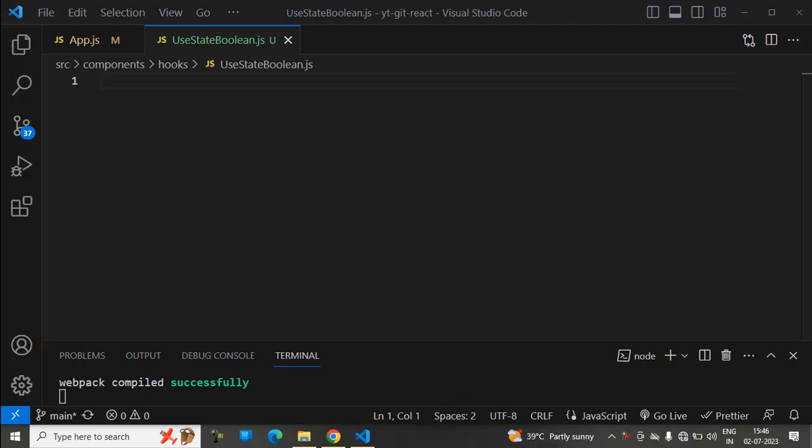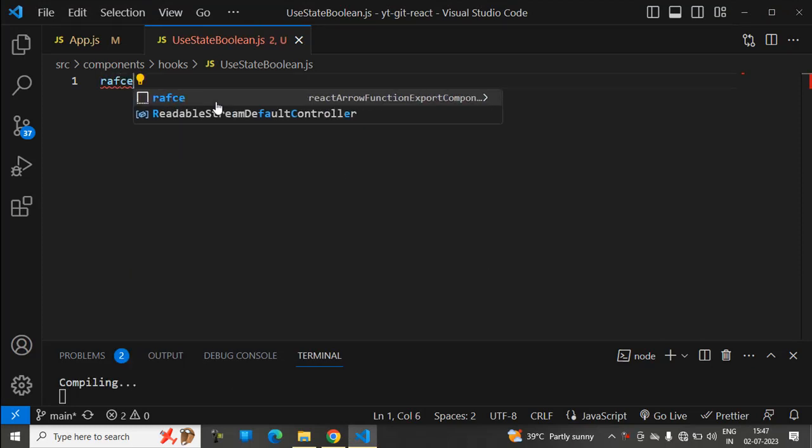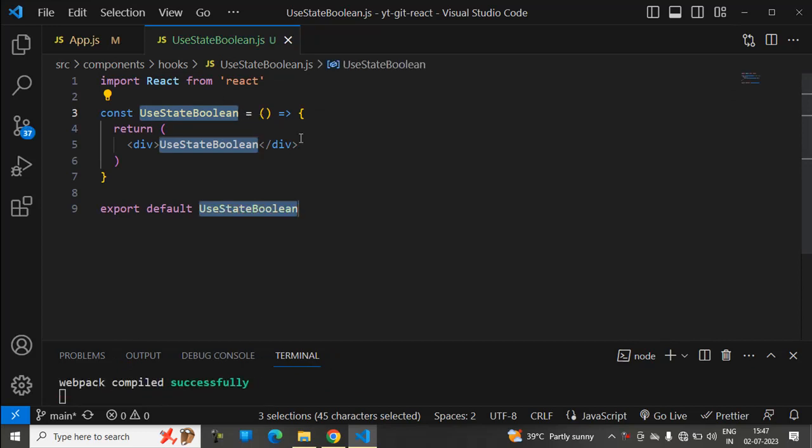Hi friends, today we are going to learn about useState with a Boolean variable. Let's get started with the RAFCE shortcut. By using this, we will get the template. So by using Boolean with the help of useState, how are we going to write the logic